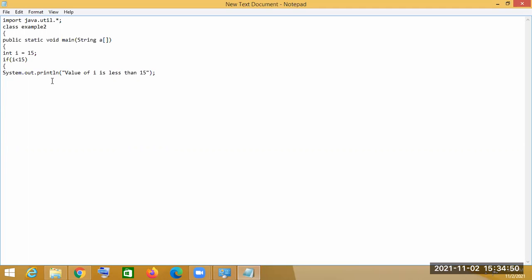Else, let's say else if i is greater than or equal to 15, then System.out.println, it will print the value of i is greater than 15.